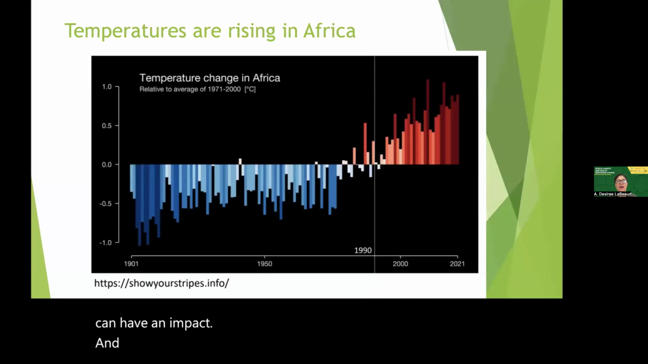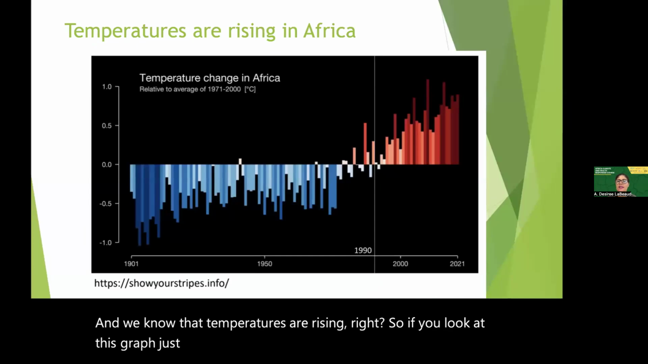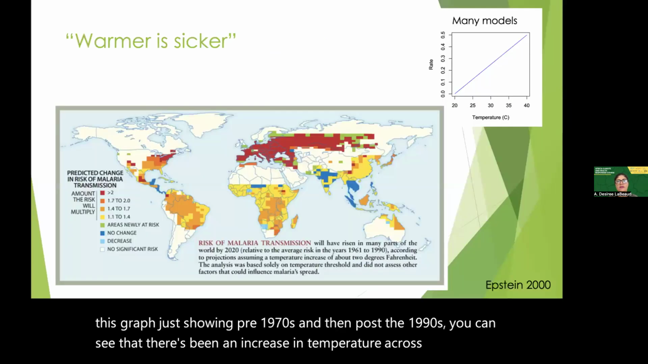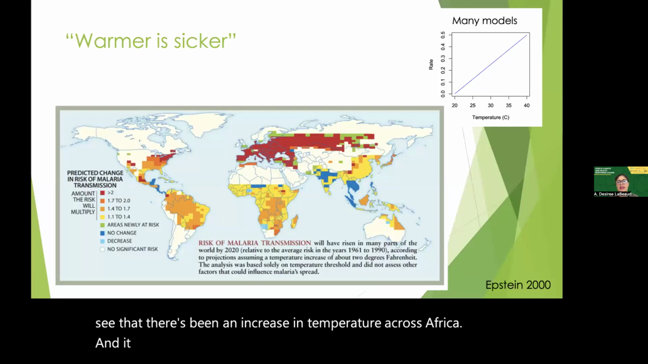And we know that temperatures are rising, right? So if you look at this graph just showing pre-1970s and then post-1990s, you can see that there's been an increase in temperature across Africa. And it used to be that